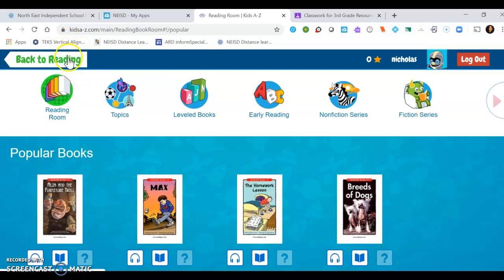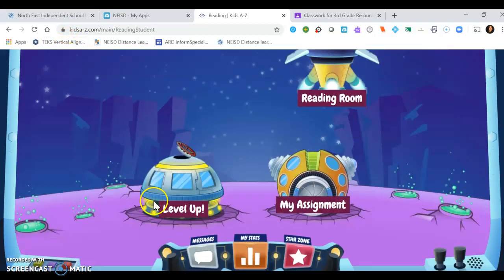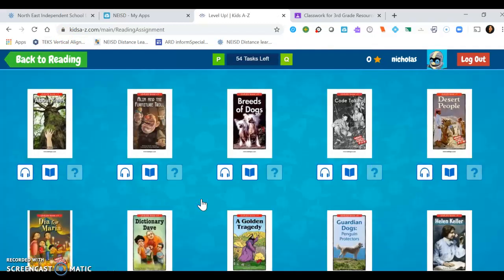If you go back to your reading, you could select the level up, and this will allow you to practice books at your reading level and master them, and then you'll be able to level up to the next level. So for example, he has 54 books that he needs to complete before he could level up to the next